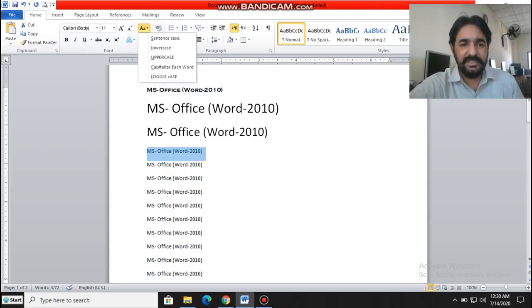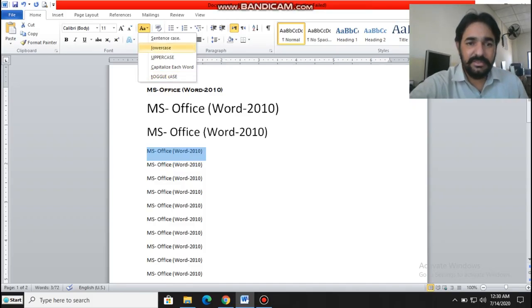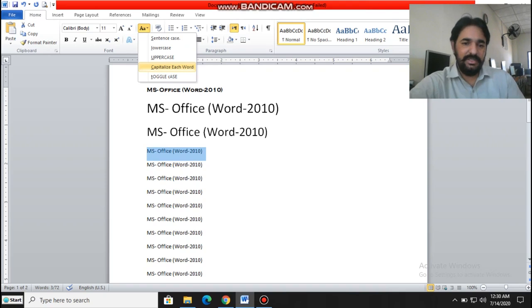You can see sentence case is there, lowercase is there, uppercase is there, capitalize each word, and toggle case is there. So these are very important if you make a mistake when you have typed and you want all words in capital, uppercase or lowercase.